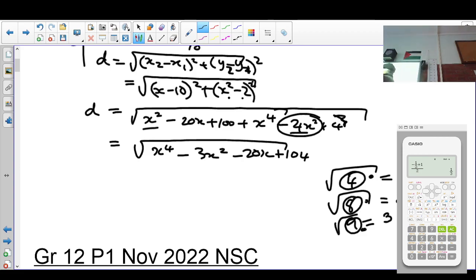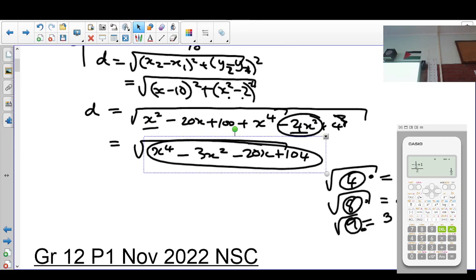So if I take the derivative under here, and I find the maximum, and then take the square root, it will still be a maximum. Does it make sense? Alright. So what we do is, we say, okay,